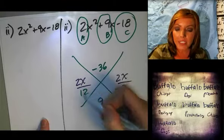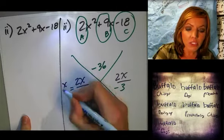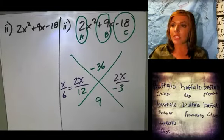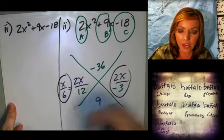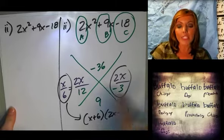If we look at these fractions, can either of them be reduced? Kendra? X over 6. Give it up for Kendra. Thank you. Now, are both of these reduced as much as they possibly can be? Yes. So that's one factor, that's another. X plus 6, what? You do if you can. This is why,